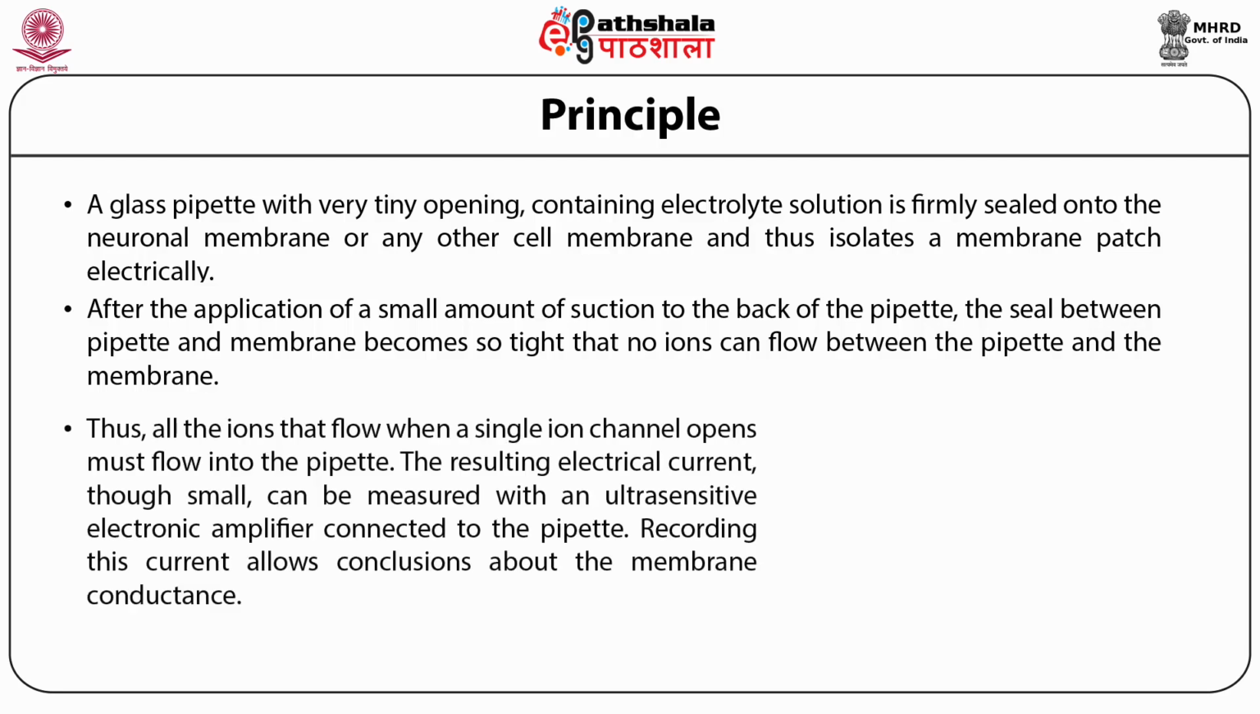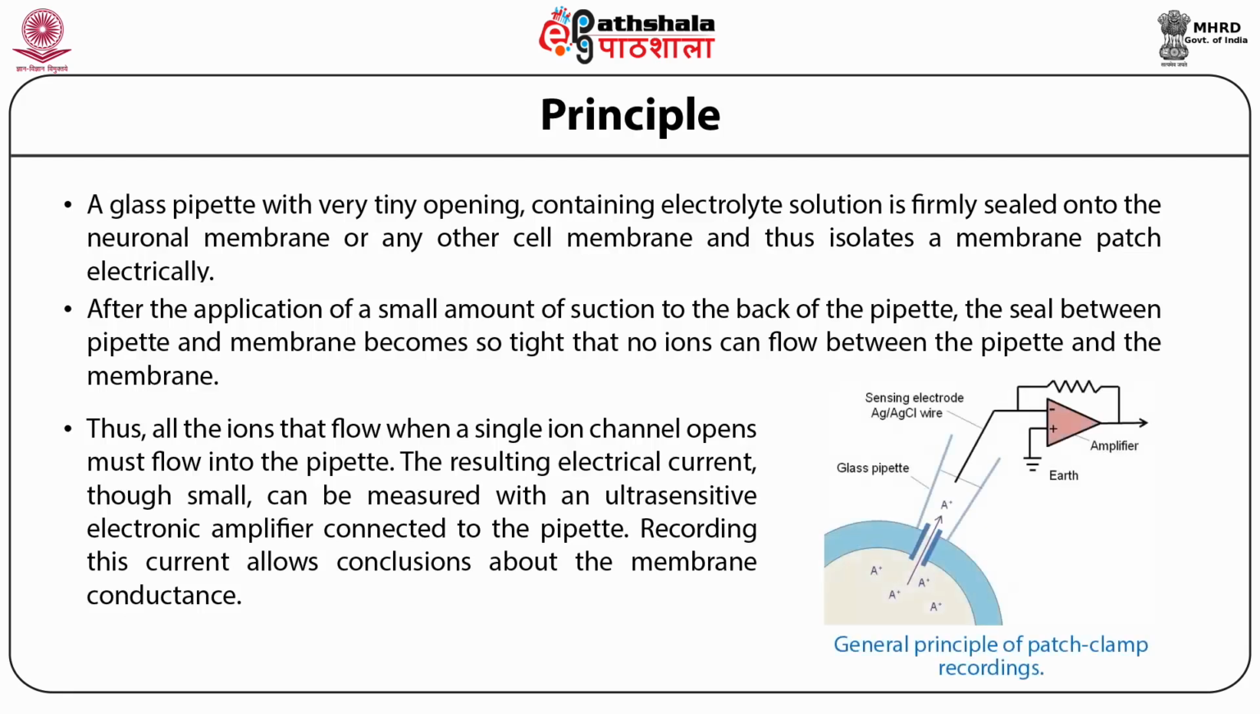Thus, all the ions that flow when a single ion channel opens must flow into the pipette. The resulting electrical current, though small, can be measured with an ultra-sensitive electronic amplifier connected to the pipette. Recording this current allows conclusions about the membrane conductance. This is the figure. It is showing the general principle of patch clamp recording. In this you can see at the cell membrane a patch pipette having a single channel and amplifier and the